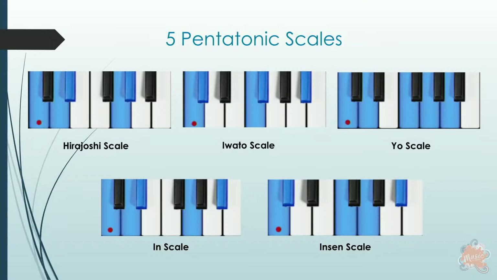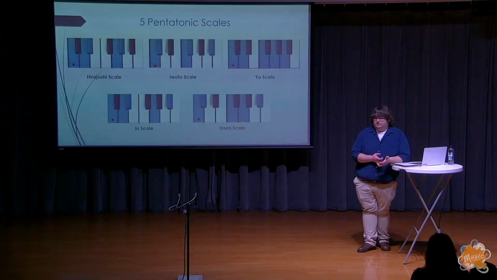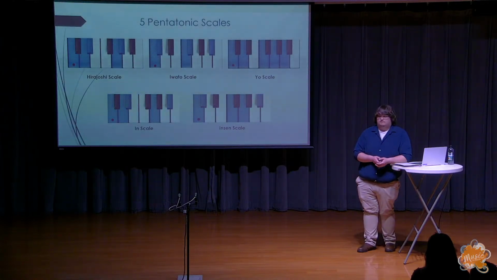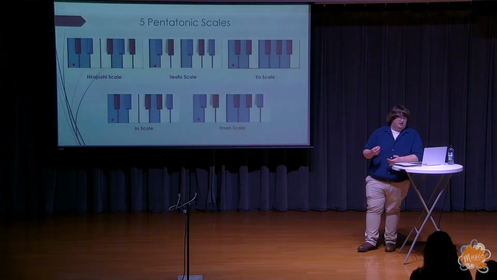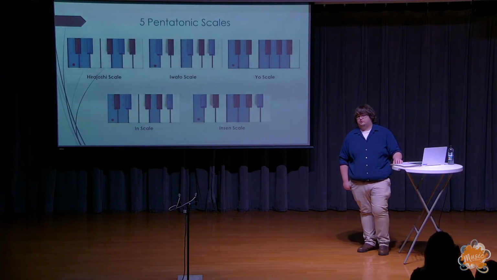To discuss a bit about these scales, I've got these all starting on C just for ease of analysis and consistency. But starting at the top left and then moving right and down, starting with the Hirajoshi scale, we have the tones C, D, E flat, G, and A flat. As I mentioned before, these scales are all pentatonic. C, D, E flat, G, and A flat, which to approach looking at this scale from a Western music theory perspective, it lends itself pretty well generally to just a standard minor scale. It just leaves out the 4 and the 7, rather than being C, D, E flat, F, G, A flat, and B flat. We leave out the F and the B flat to just sort of incorporate kind of a pentatonic Aeolian idea without the standard pentatonic Aeolian mode or pentatonic minor mode. To us, generally would be C, E flat, F, G, and B flat. But here we get to include the D